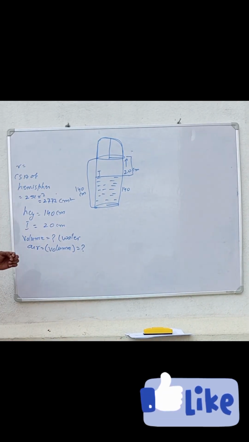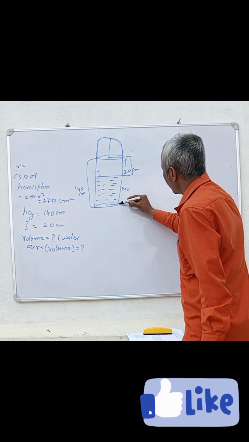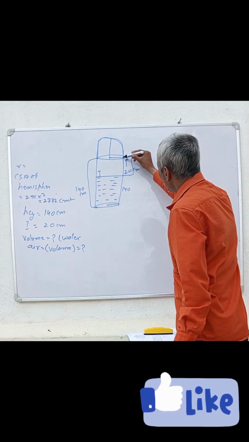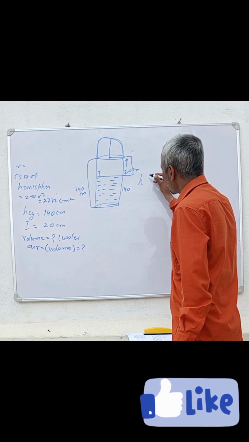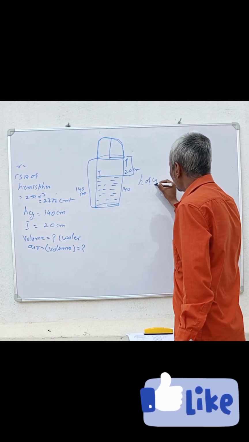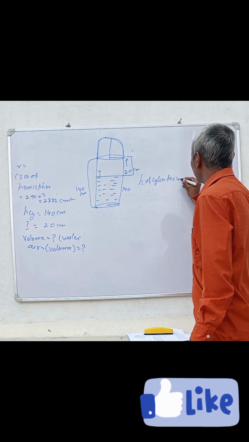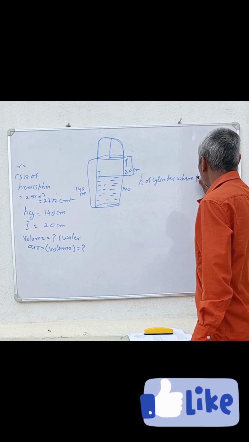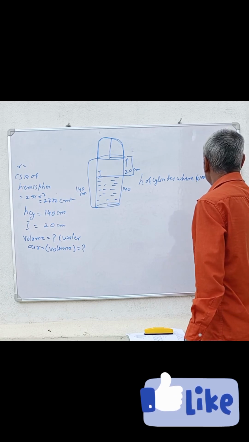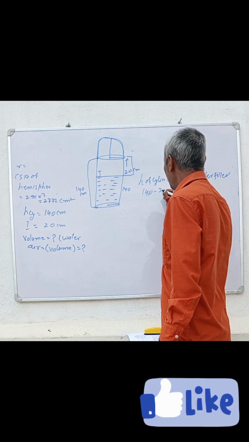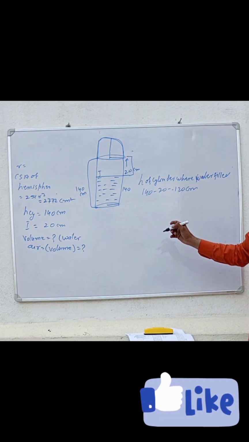First of all, we have to think about how much height of water there is. From here to here, it is 20 centimeters less, meaning 140. To the height of the cylinder, how much water is filled? That much. The height of the cylinder where the water is filled will become 140 minus 20, which is equal to 120 centimeters. This is the actual height where the water is.